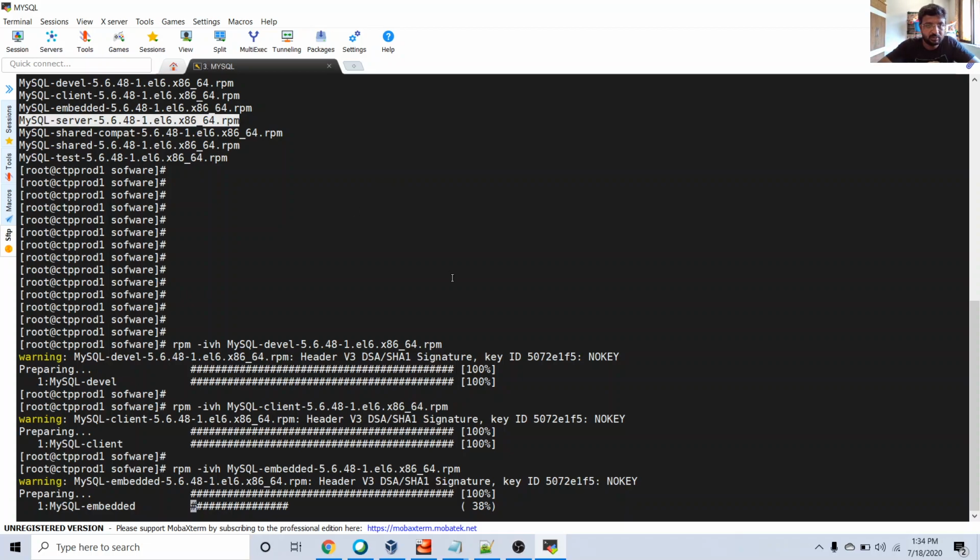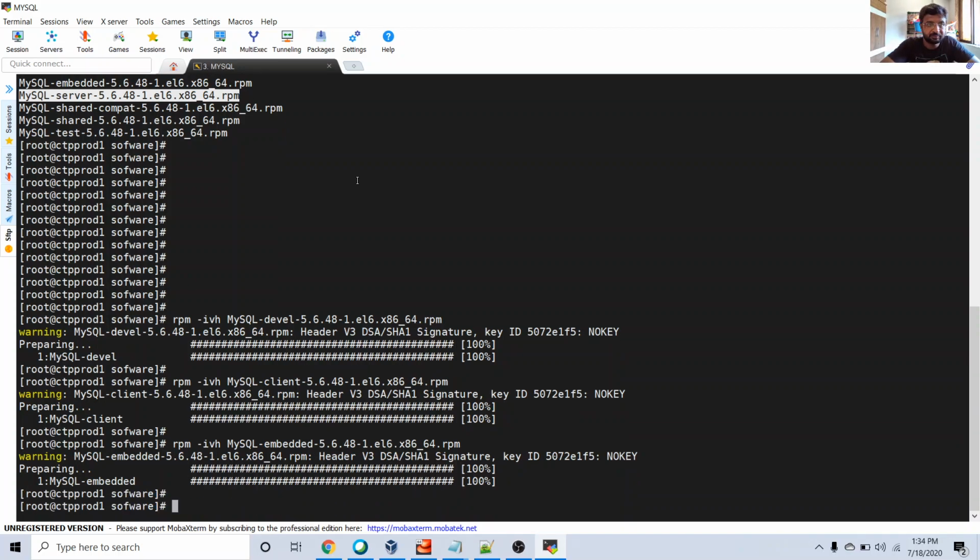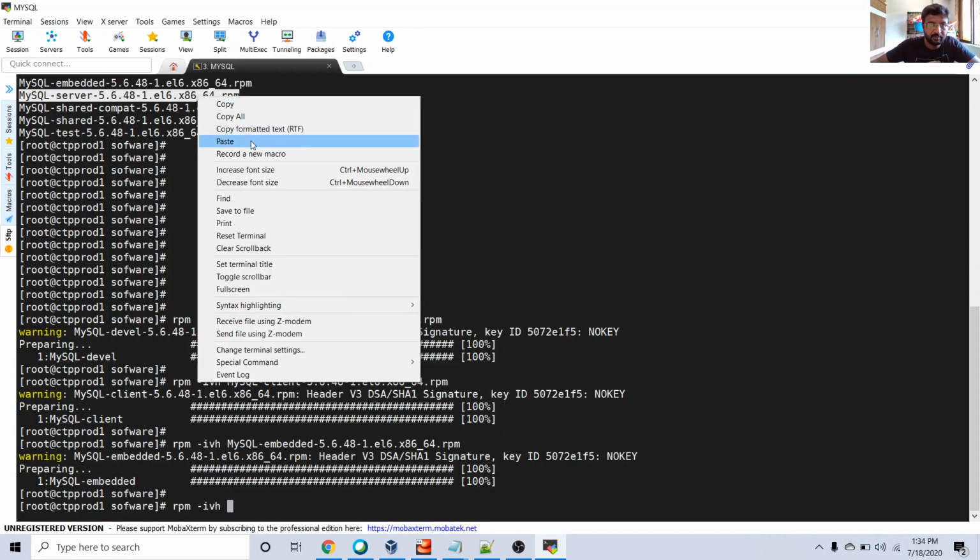Select the next one. This file is going to install the MySQL database server on our Oracle Linux 6 server. So this package will create the MySQL database server. rpm -ivh, then the server file RPM name, paste.